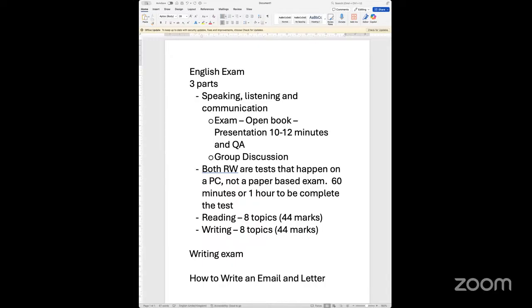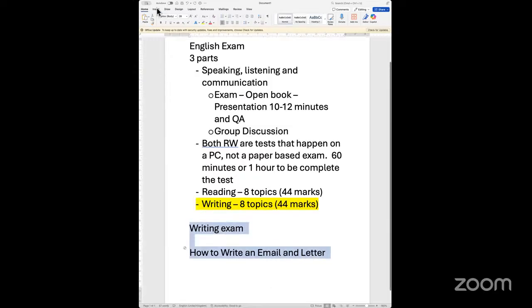Now, there are different topics, different things which come, but what we would want to do today is basically discuss in detail the writing component of it, because the writing component, according to me, is the simplest part that we can accomplish in the first sitting itself. All we have to do is familiarize ourselves with what is required and what the writing exam actually consists of and what kind of questions come.